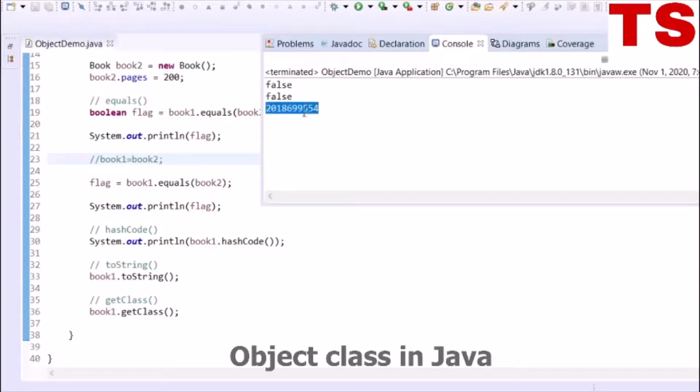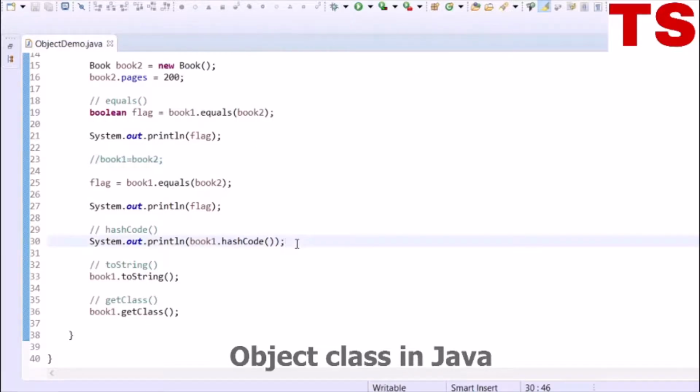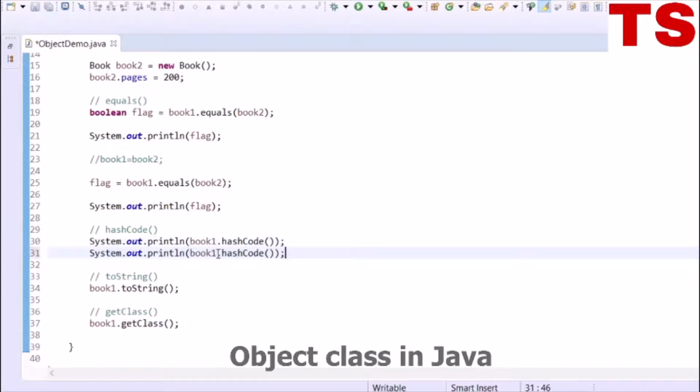The output is an integer value. Now let's try to print the hash code for book2 reference variable.